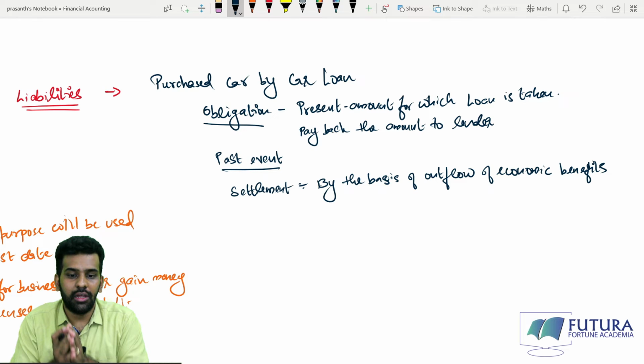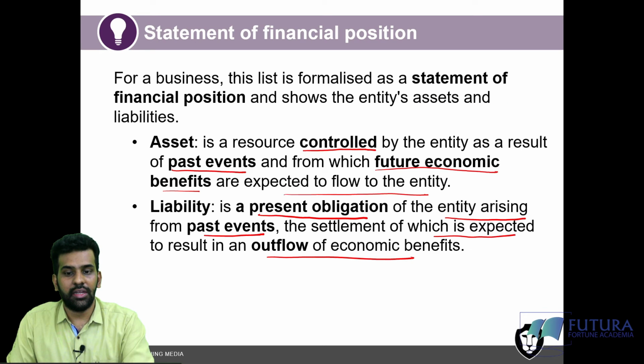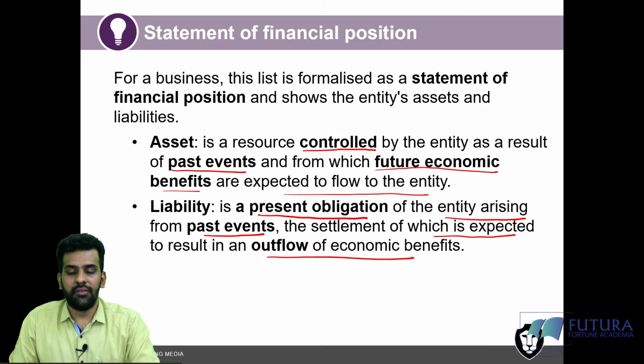Liability is a present obligation of the entity arising from past events, the settlement of which is expected to result in an outflow of economic benefits. An asset is a resource controlled by the entity as a result of a past event and from which future economic benefits are expected to flow. Where you purchase a car